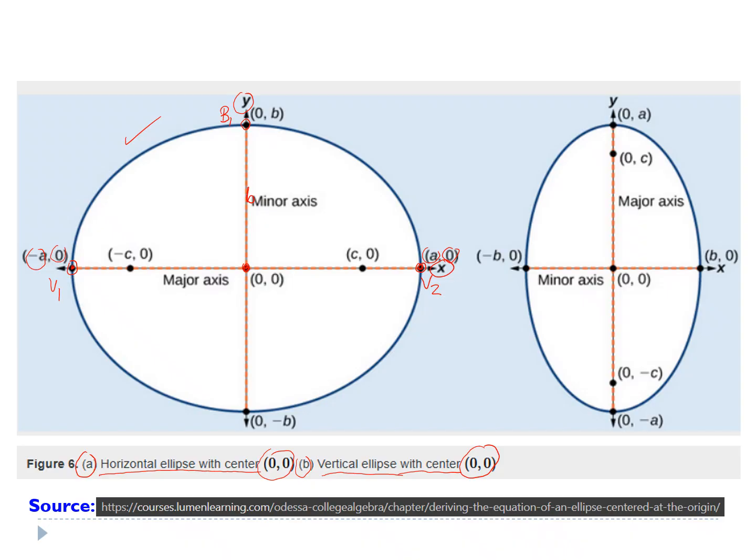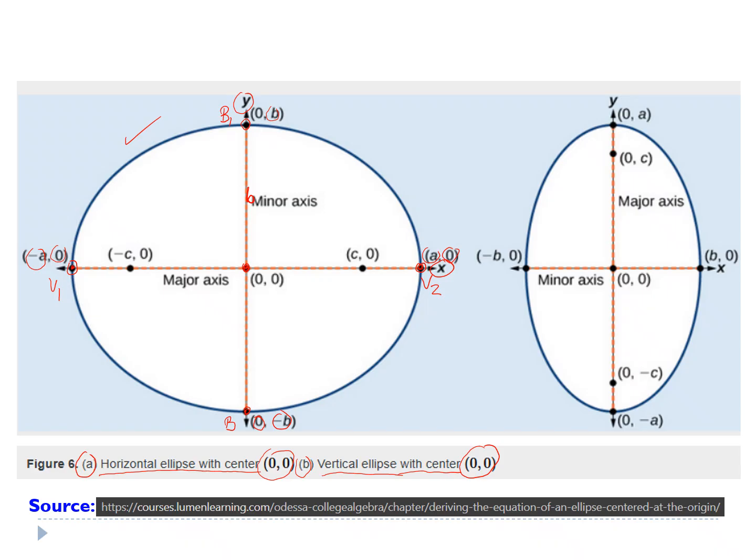Since this is above the x-axis, b here is positive. And then from the center down to point B2, again the point lies on the y-axis, so the abscissa is equal to 0, and the ordinate is negative b,